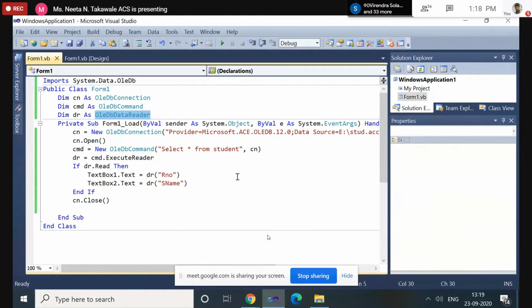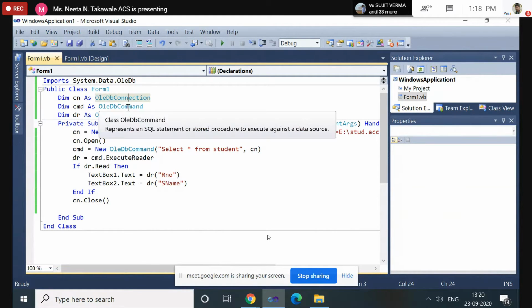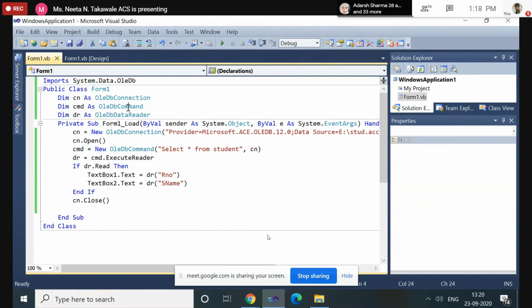So again I am explaining. First import the OleDb class file. Then create the required objects. We require only three objects: for connection establishment, for specifying the query, and a data reader for executing the query and displaying the content onto the controls. On form load, first define the connection string, then open the connection.